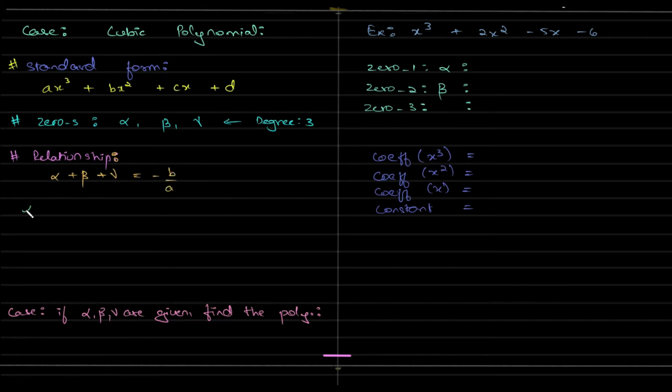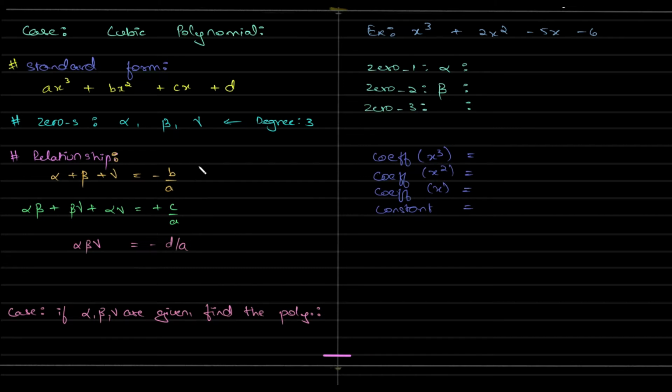Next is the product of zeros taken 2 at a time. The sum of product of zeros taken 2 at a time, it's equal to plus c by a. And we have product of the zeros alpha, beta, gamma being equal to minus d by a,